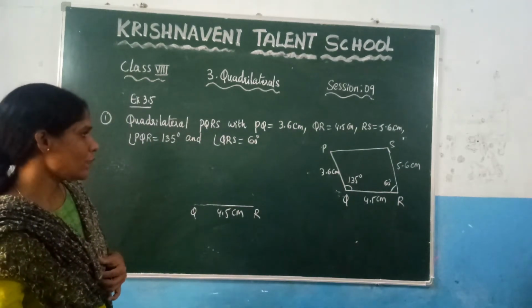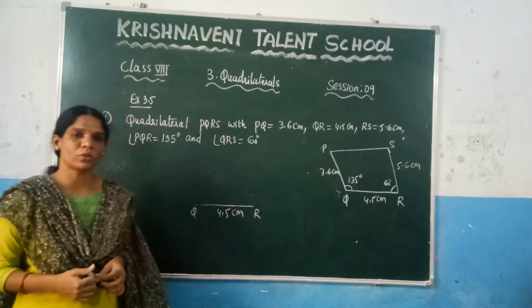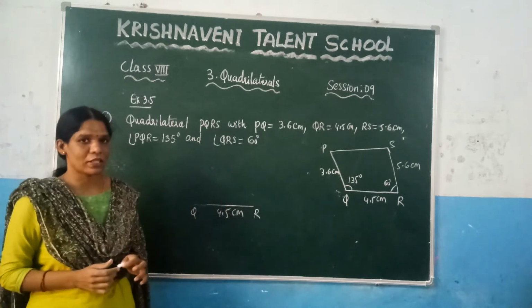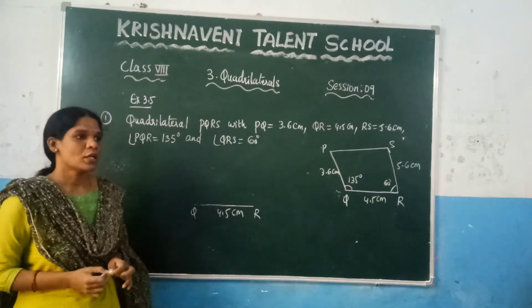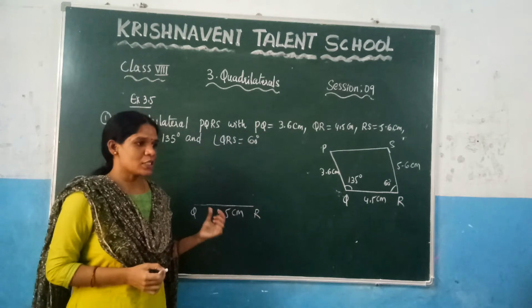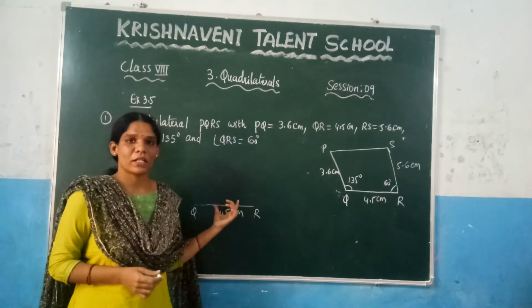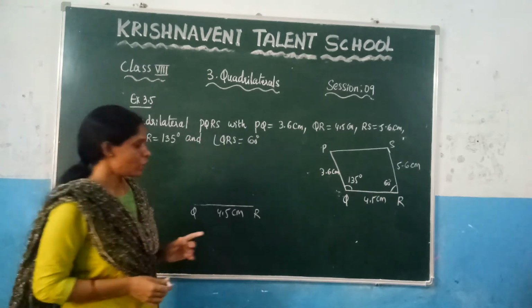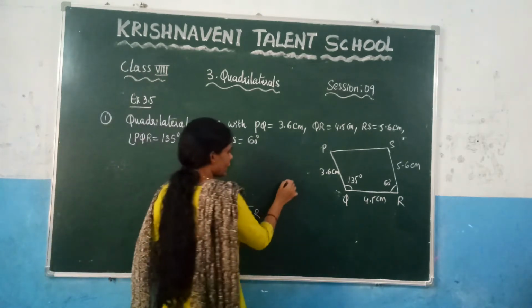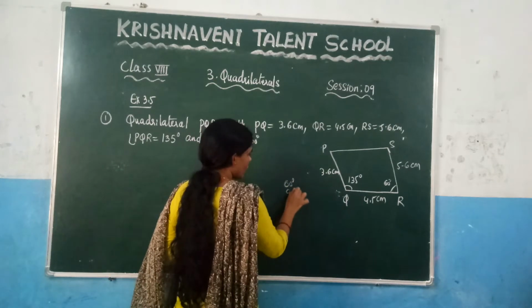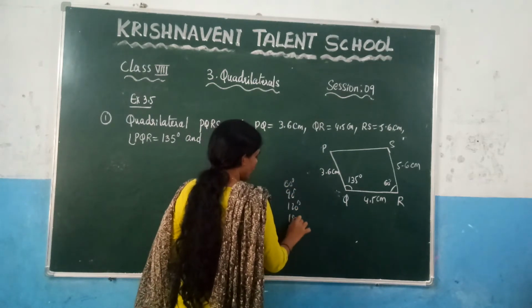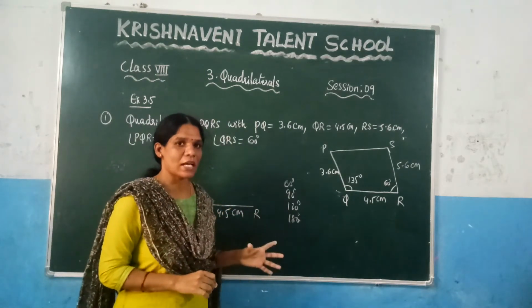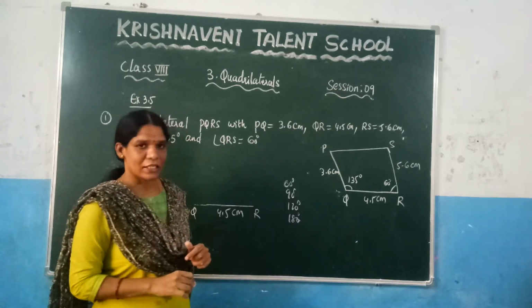Now let us see with the help of the compass how to construct 135 degrees. If you want to construct 135 degrees with the compass, you need to know which angles you can construct such that you can construct the perpendicular bisector. You know how to construct 60, 90, 120 and 180. These angles we know. Now let us check in between those angles whether we will get 135 degrees.